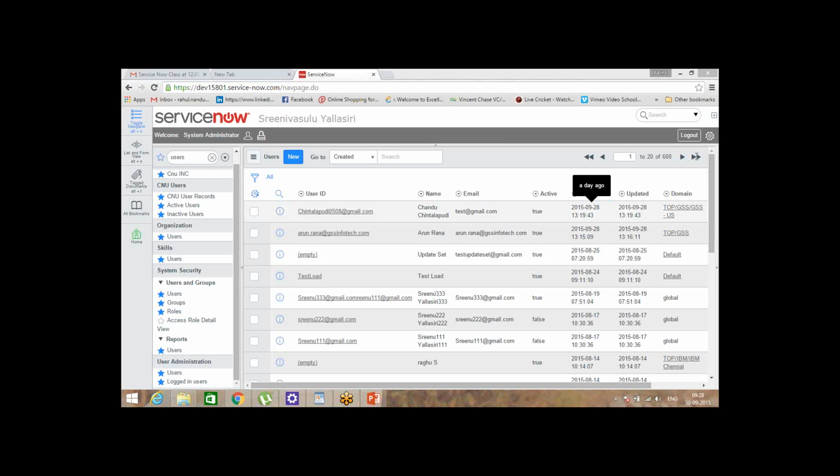So is everyone able to see my screen? Yes. Okay. If you just want to cross check here, there is a gear icon. So click on that.